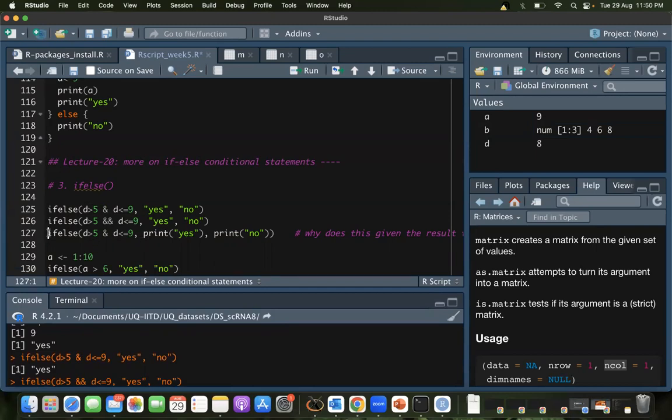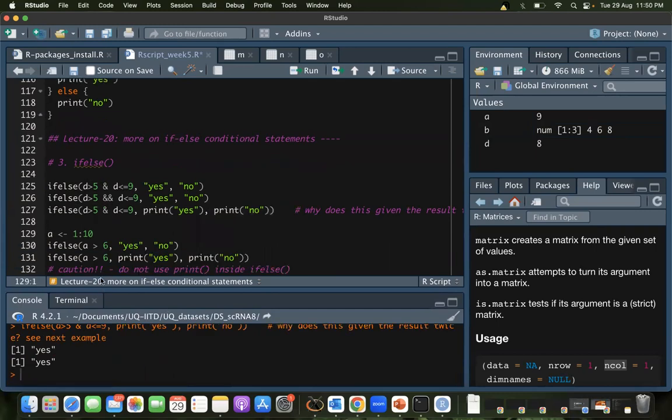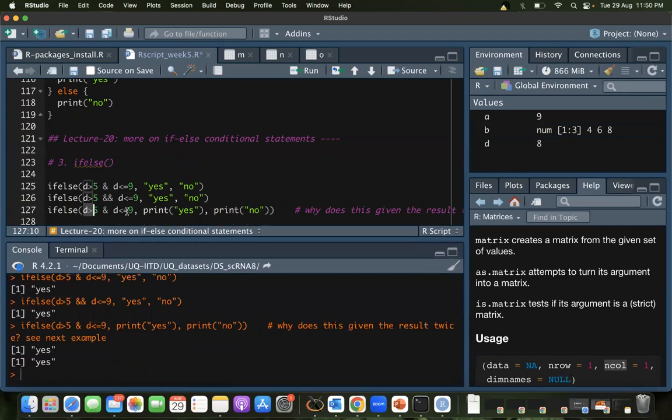And I would like you to see what is happening here. The only difference is I've written print in front of yes and no. So now you see what happened is, same condition, everything same, but now it gave me yes twice. So yesterday, or like 2-3 days back when I was trying this, I was not sure what is happening. So let's see if you can figure it out. I think I've understood what is happening here, but I would like to have your confirmation as well.